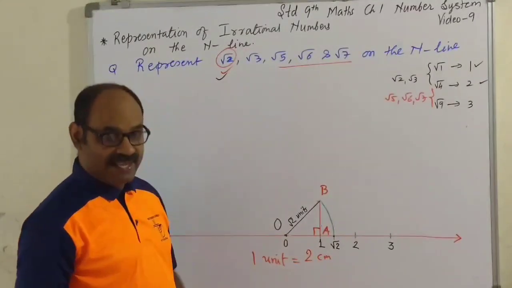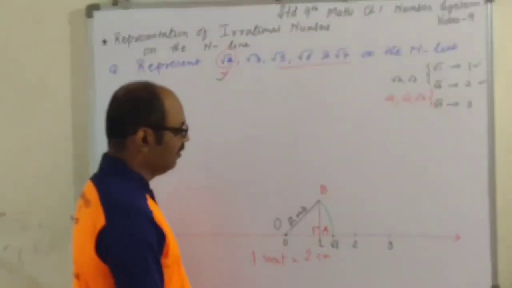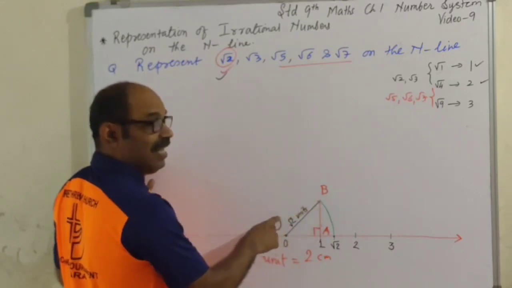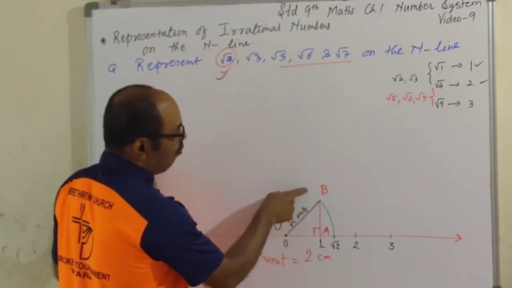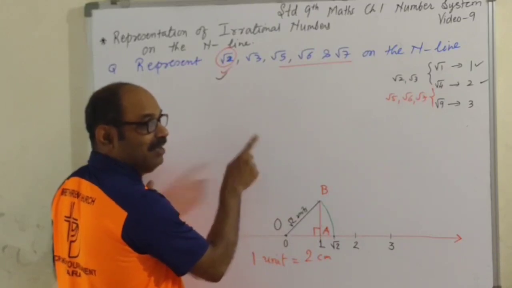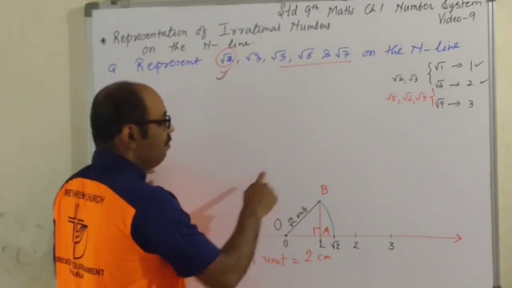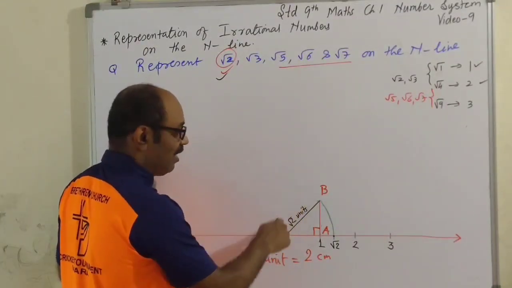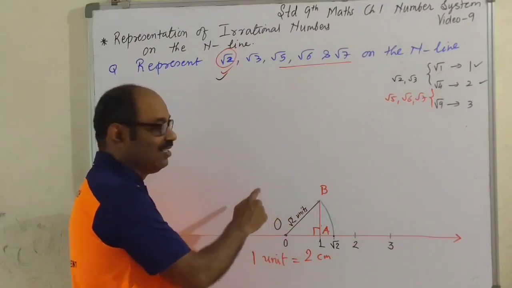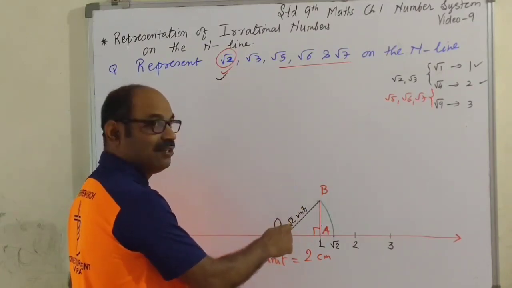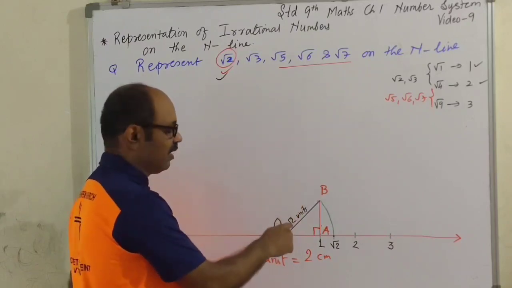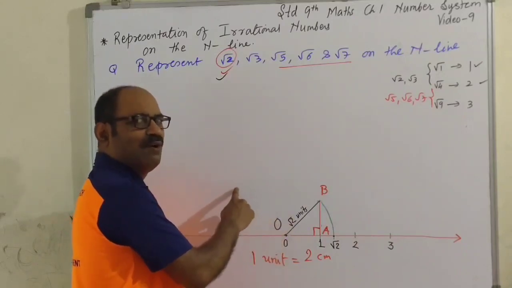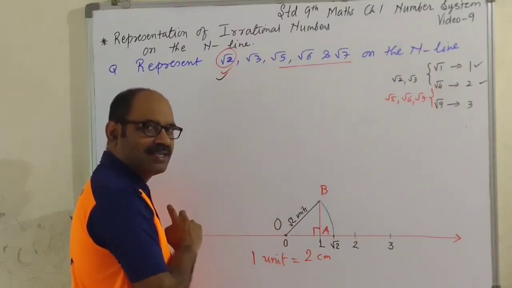Okay. Now we'll go for the next, root 3. And for that, I have to draw a perpendicular. Okay. OB is a line segment having length root 2 units. At B, I have to draw a perpendicular line segment of length 1 unit. And then complete the right triangle. This will be the right angle. Complete the right triangle. So the next hypotenuse is going to be, this is 1 unit, this is root 2 squared, which is 2, this is 1, so 1 plus 2, root 3. Root 2, root 3, root 4, root 5, root 6, like this you will keep getting the hypotenuse lengths, correct?